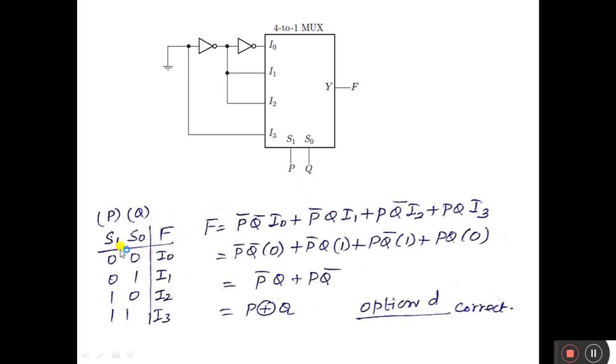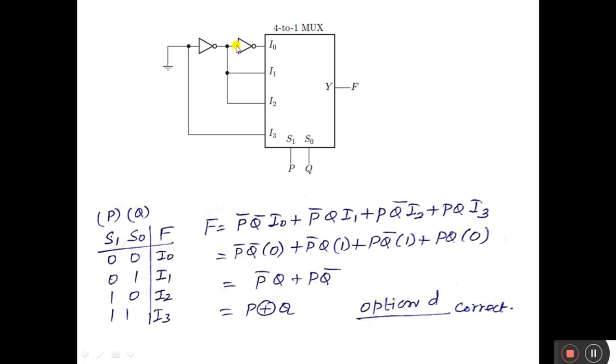If I expand this table, I can write p bar q bar I0 plus p bar q I1 plus p q bar I2 plus p q I3. Now the I0 value here is grounded, so 0. The 0 applied to this inverter becomes 1.